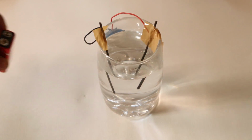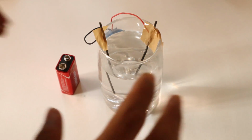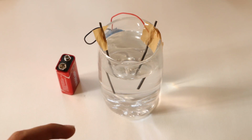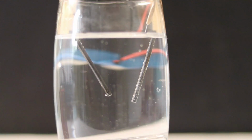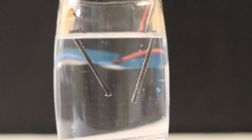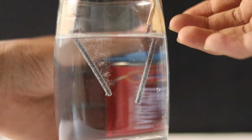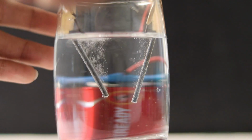The next step is to connect the battery to the 9-volt battery connector, and I'll show you it in a bottom angle so you can see what's happening under. Now I have moved the camera to a bottom angle so you can see the electrolysis better. Then I'm going to take my 9-volt battery and connect it, and you can instantly see that the negative side